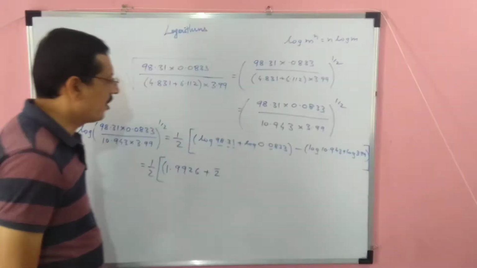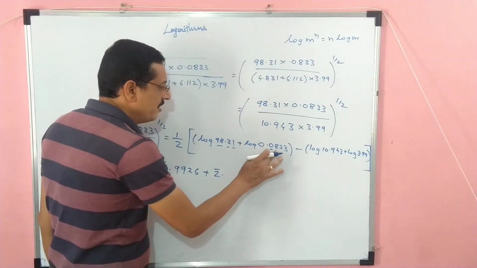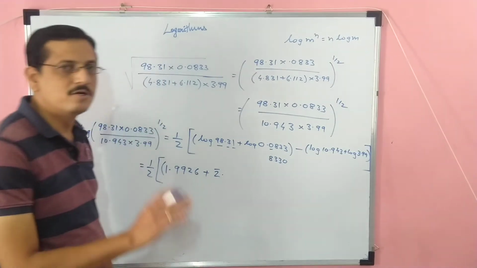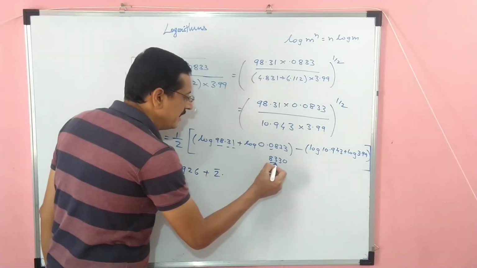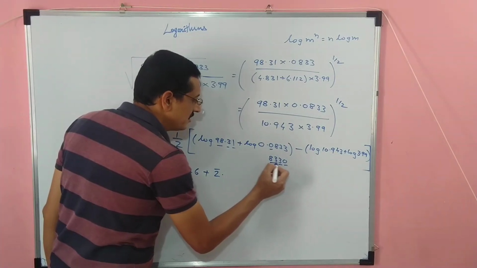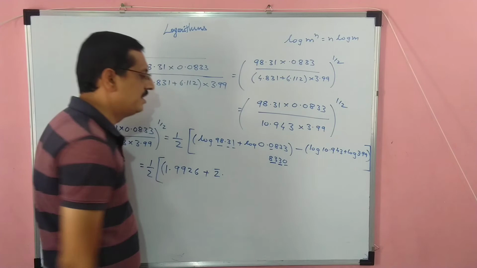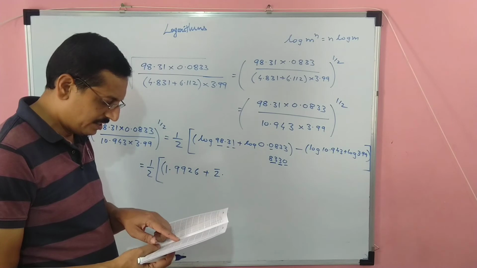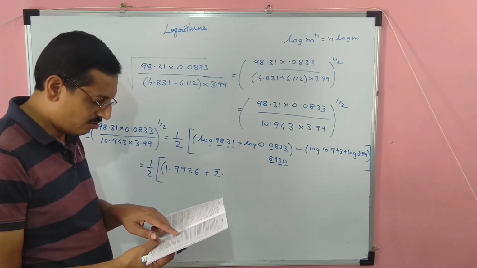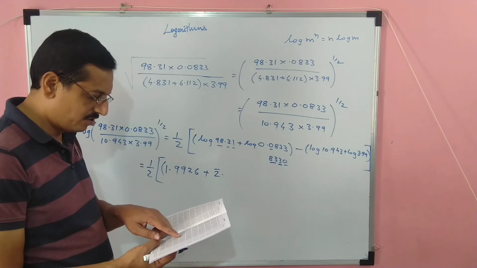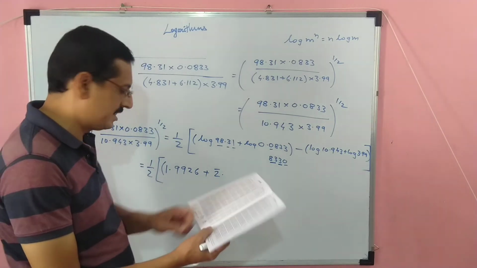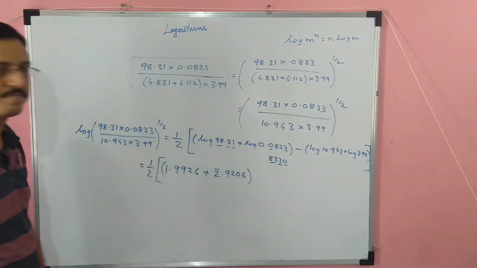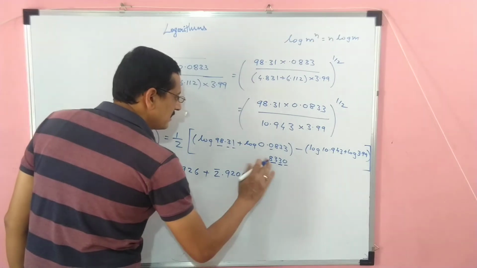Now for Mantissa we require 4 digits. You will say इसमें 3 ही digit है, so it is 833. इसके ऊपर कितने भी zero लगाओ कुछ issue नहीं है. So I will check 83 in 3, mean difference is 0. 83 in 3, so it is 0 1 2 3. The mean difference 0 है, so it is 9206. So it is coming 9206. Bracket complete. Minus, इसका काम हो गया अभी.